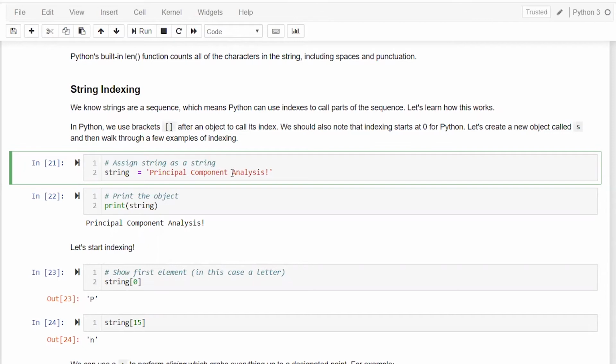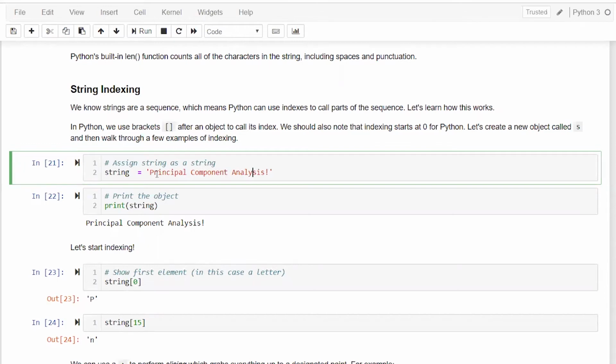So this is our string here. Now, what do we mean by indexing? Indexing is essentially specifying the position of a particular character in your string. We can locate where this L is in this string. We can calculate where T is in this string. Those kinds of things are included in what we call indexing.